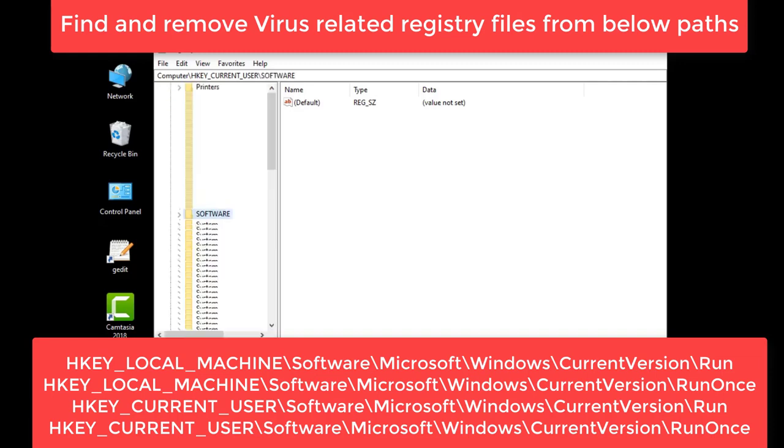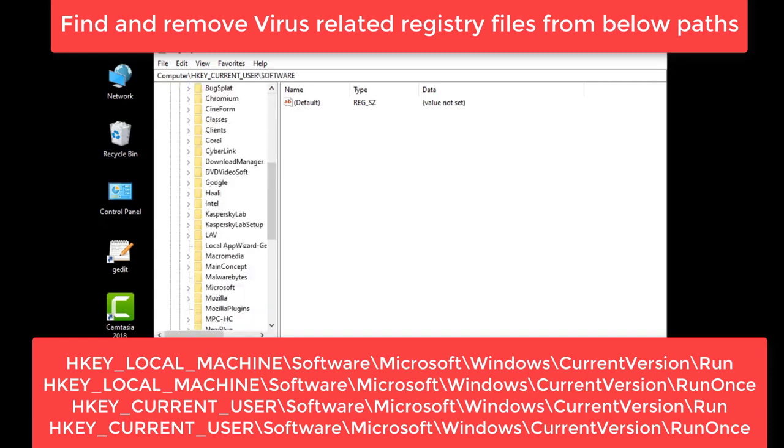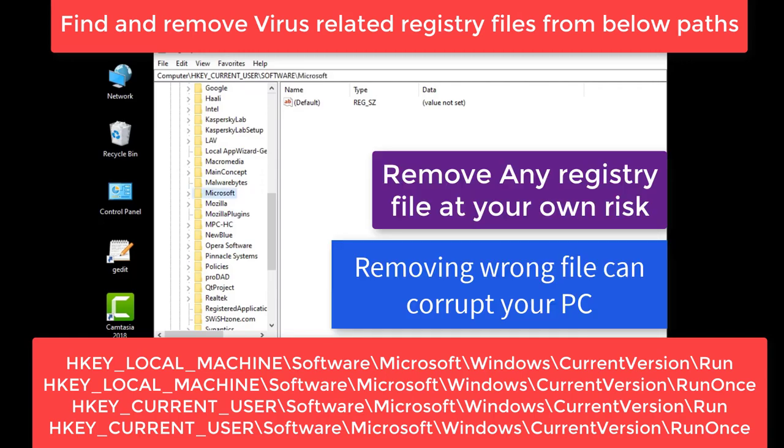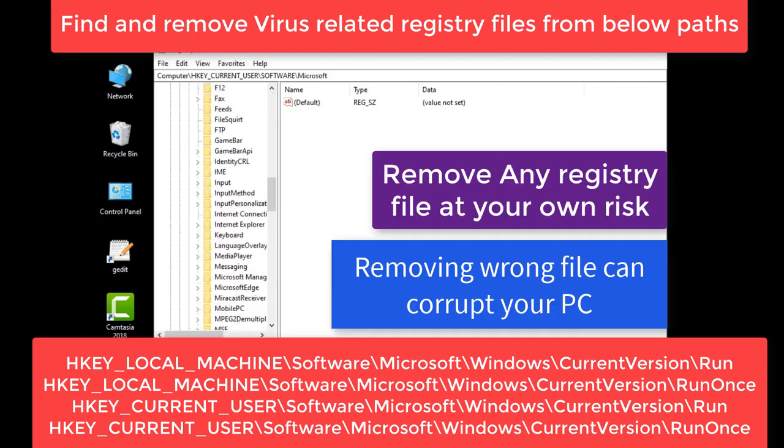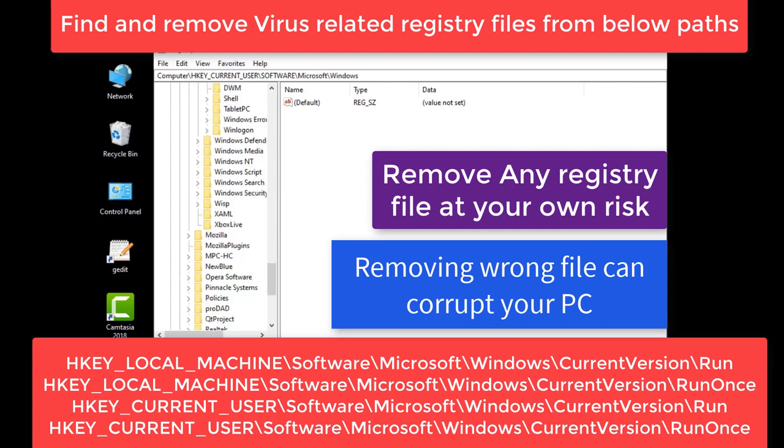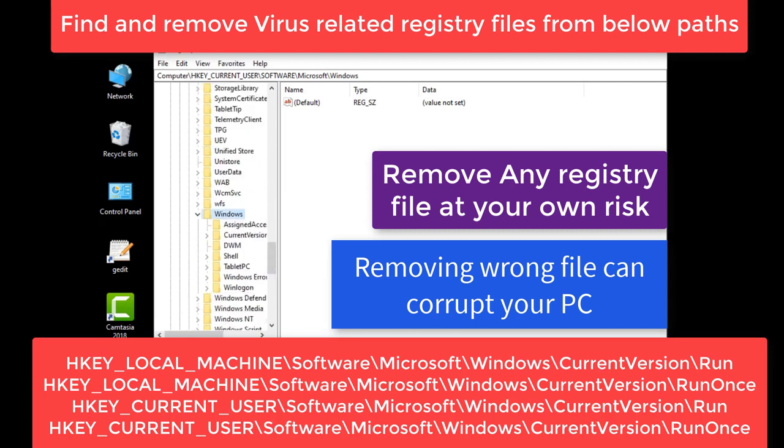HKEY_LOCAL_MACHINE\Software\Microsoft\Windows\CurrentVersion\Run. HKEY_LOCAL_MACHINE\Software\Microsoft\Windows\CurrentVersion\RunOnce. HKEY_CURRENT_USER\Software\Microsoft\Windows\CurrentVersion\Run. HKEY_CURRENT_USER\Software\Microsoft\Windows\CurrentVersion\RunOnce. These are the paths where viruses mostly create their registry keys. All you have to do is find the virus registry key and delete it.